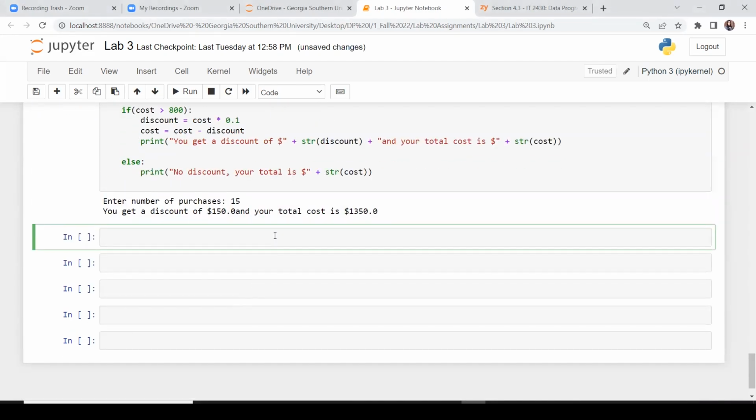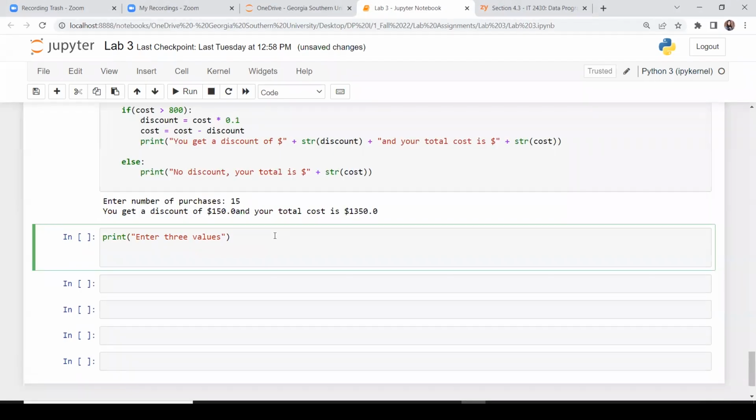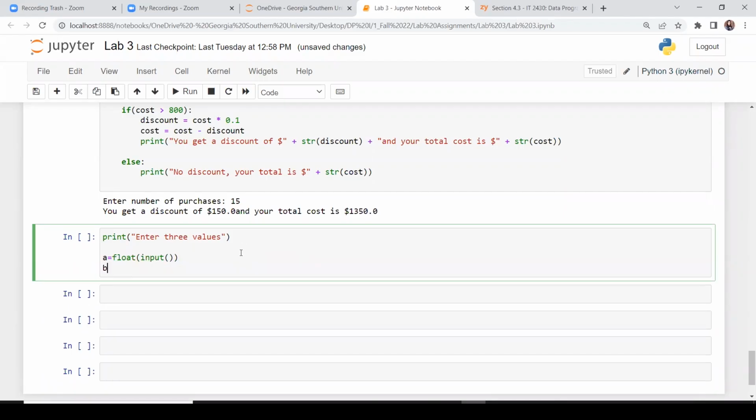Okay, so since we are getting 3 values, we can get them one by one separately because they're different variables. So we can just prompt the user to enter 3 values, and then the entered values will be saved as A. It can be int or float. We can say that it's float. And B, C,